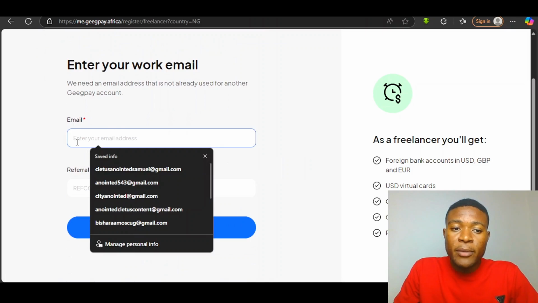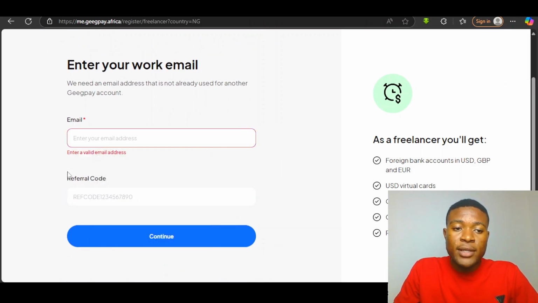And of course, you put your email and you put your referral code right here. I'm going to drop my referral code in the description. So ensure you copy the referral code and put it right here. And when you are done with that, you're going to have your Geegpay account ready. And so I'm going to log into my actual account and show you guys the whole interface and how everything